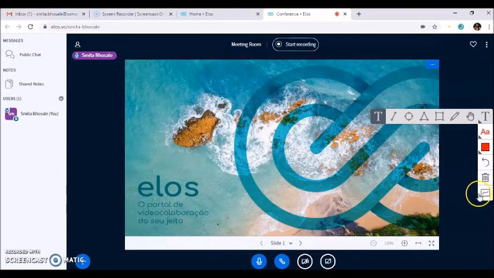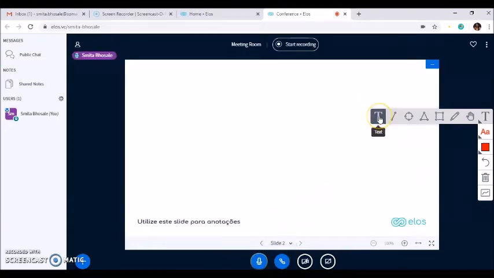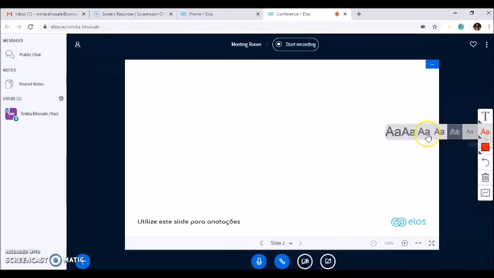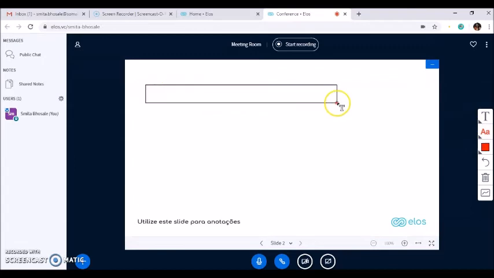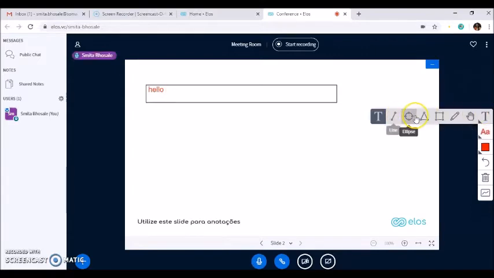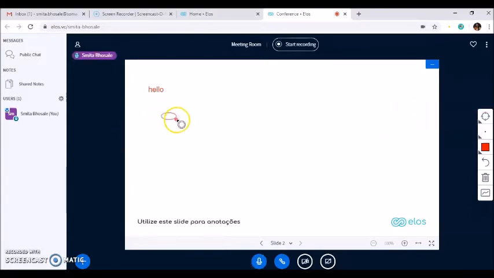You can also use the whiteboard. So click on whiteboard and you will be taken to the whiteboard. So if I select the text option, I can write the text. You can use the text option, or else you can also use different symbols.